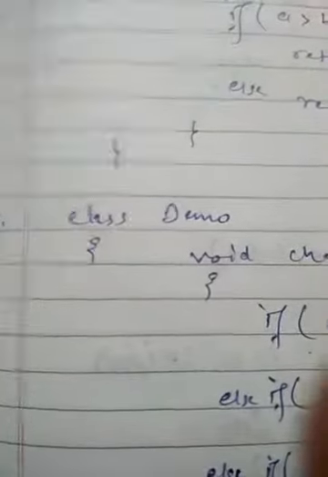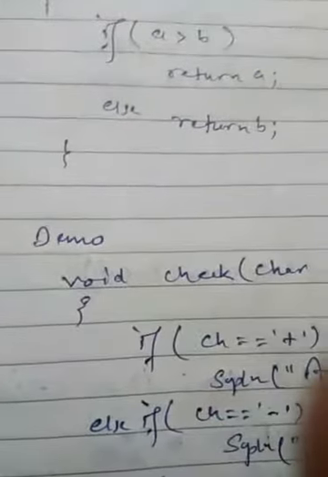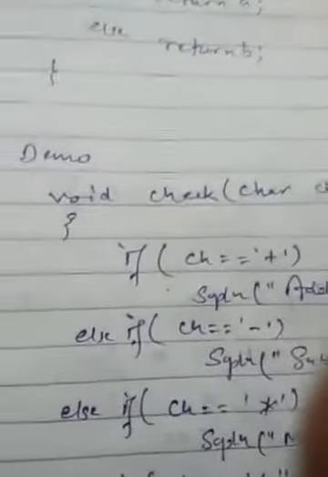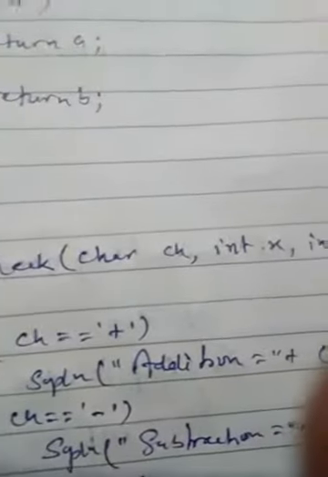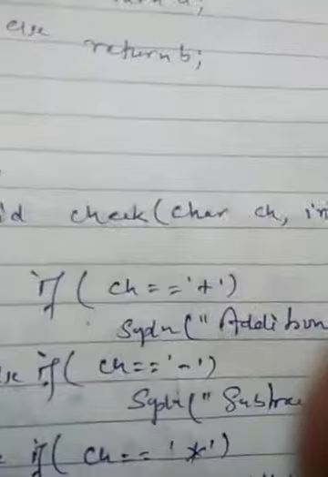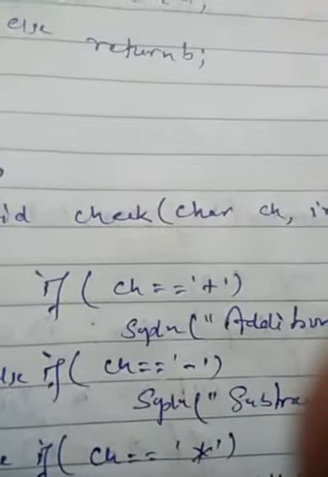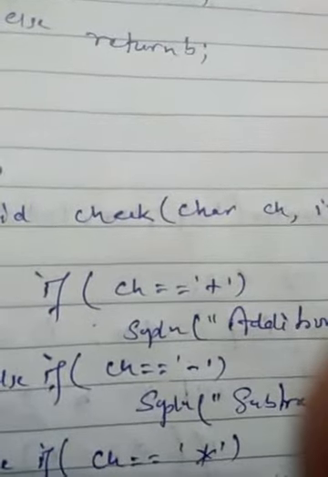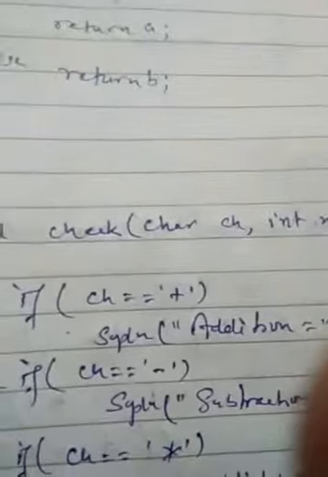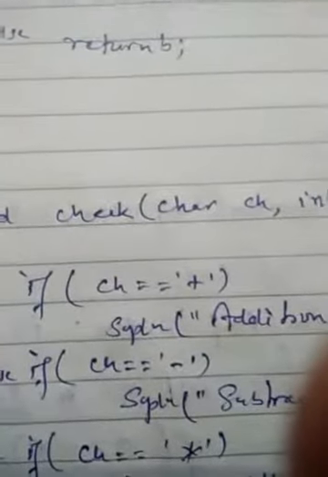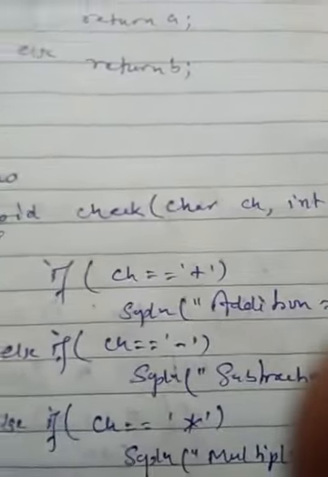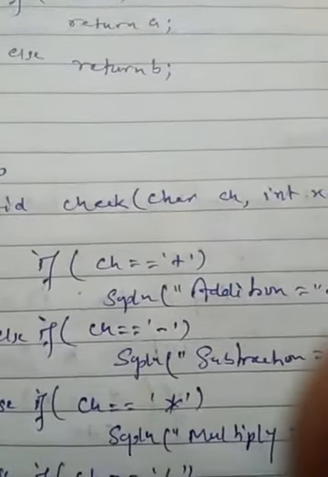In question number three, a function is given in the question. You have to input one character variable and two integers, and according to the condition, if the value of the character variable is a plus sign, then we perform addition. If the sign is a minus, then we have to subtract. If the sign is multiply, then multiplication, then division, and so on. So this is the solution for that.